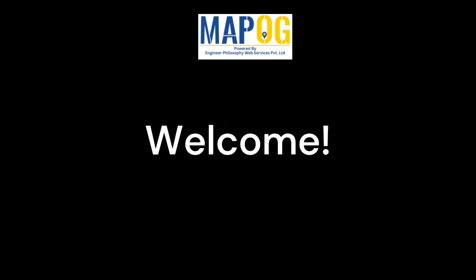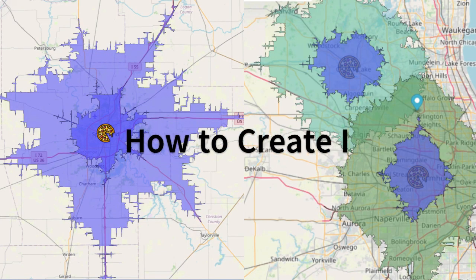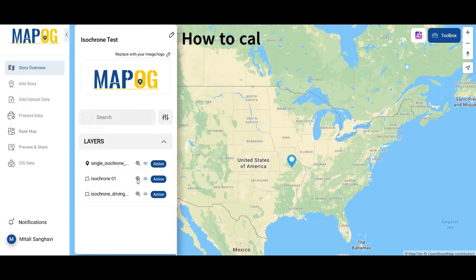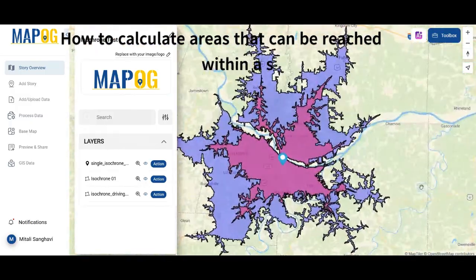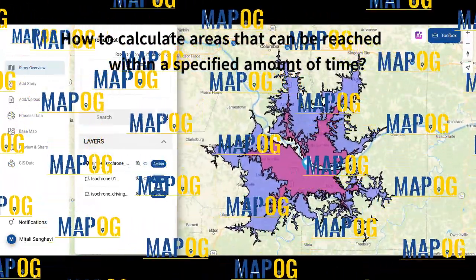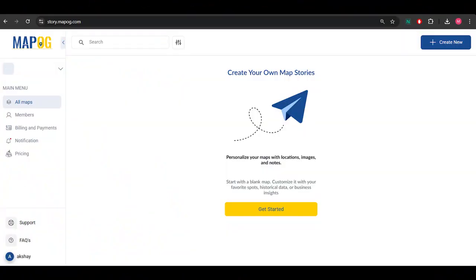Welcome. In this video, we'll show you how to create isochrones, or calculate areas that can be reached within a specified amount of time on a map, in the simplest way using MAPOG. First, navigate to